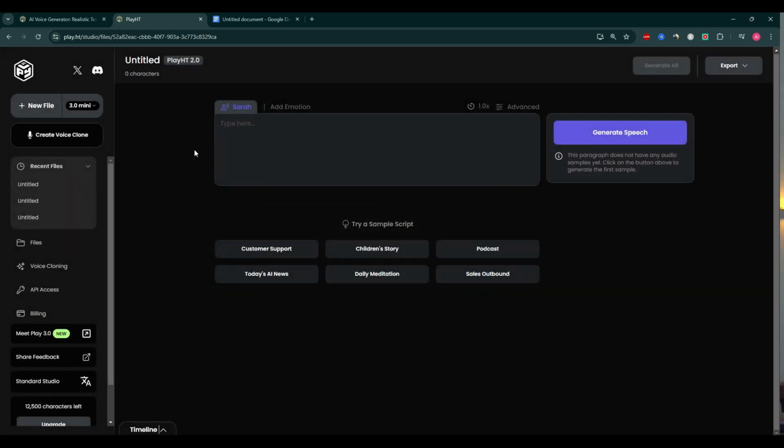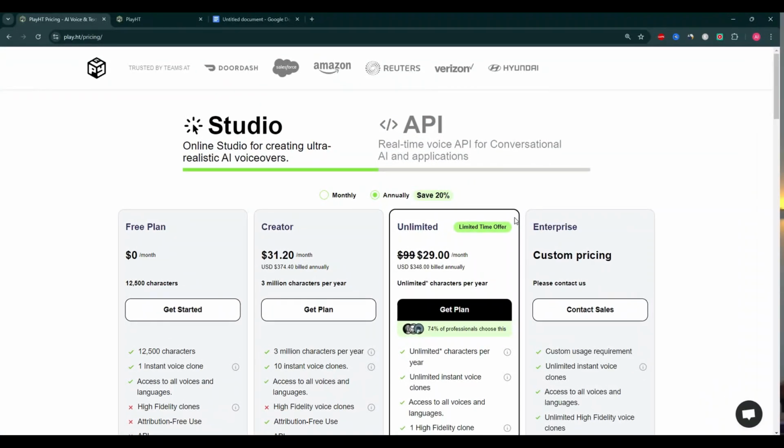So if you need to create a voice of your own, play.ht can do that for you. For those interested in adding a unique touch into their project, this can be a game changer. Let's talk about pricing. One of the biggest advantages of play.ht is that they offer